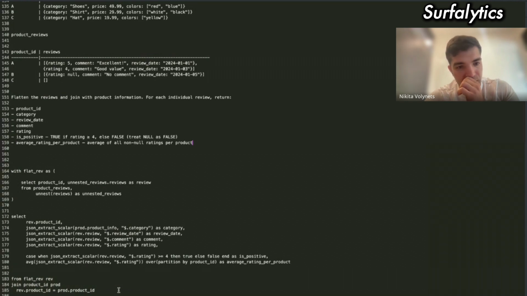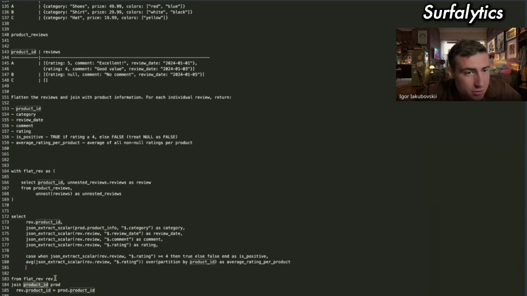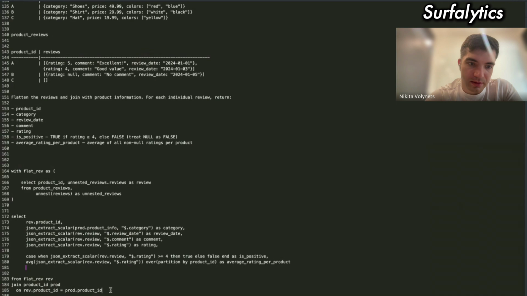Yeah, just one typo, I think. Could you check the join that you do? From flat ref, product ID join product ID. Sorry, I skipped on. And yeah, I think you should join the table name.